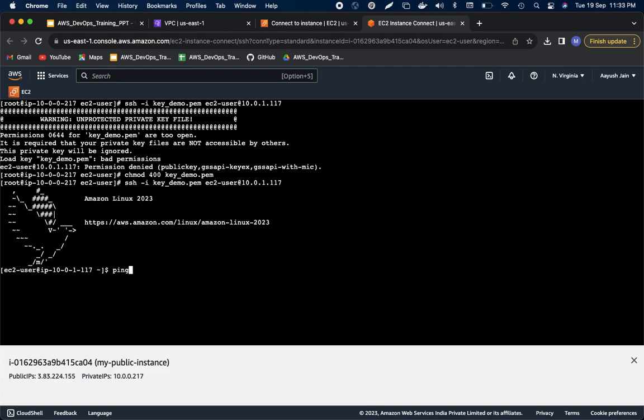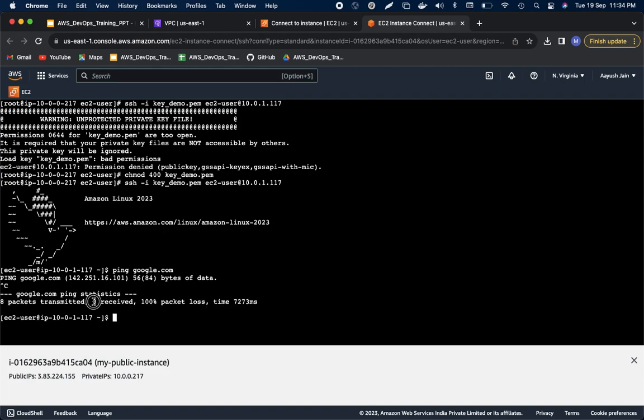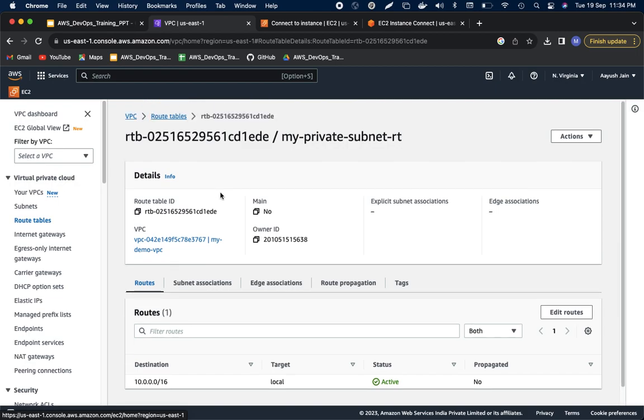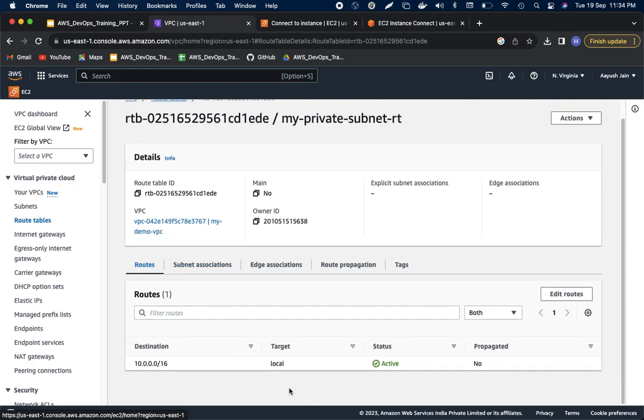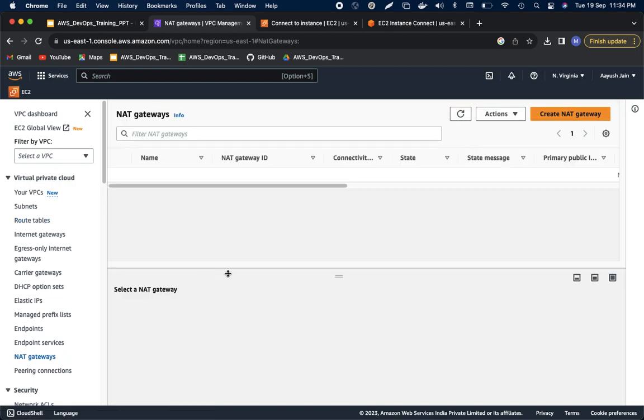Now let me check, are we able to ping google.com or not. If you see, we are not able to ping google.com because it's not able to connect to the internet. You can see 0 received, 100% packet loss. This is because in my private subnet, there is no route associated with it to the internet. So in order to achieve this, we have a concept of NAT gateway, where you need to create your